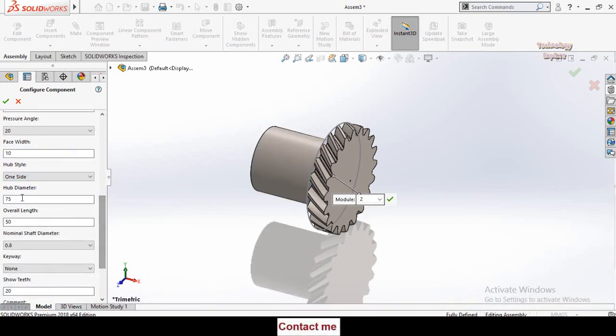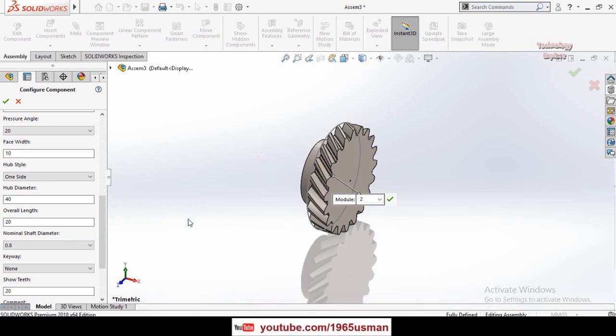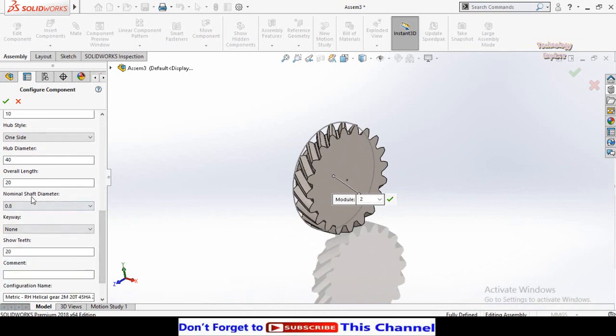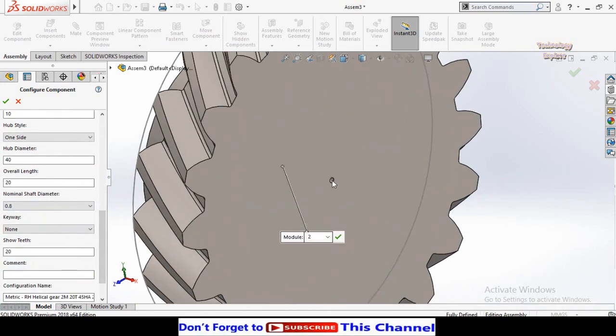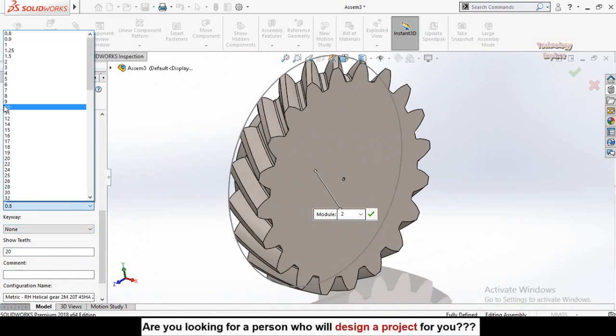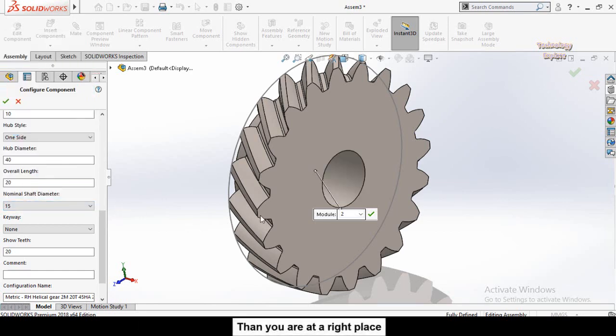So choose your desired hub diameter. Let's say 40 millimeter. This is the overall length of hub, and it should be 20 millimeter. And this is the nominal shaft diameter. So this diameter, nominal shaft diameter, select it. Let's say 15 millimeter,